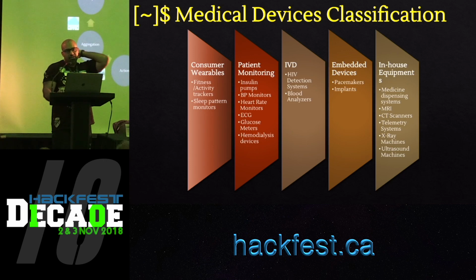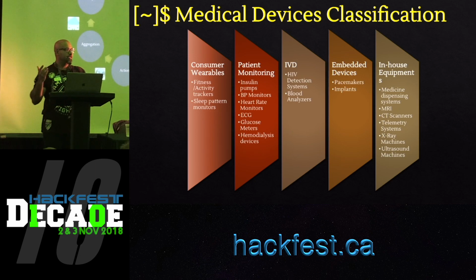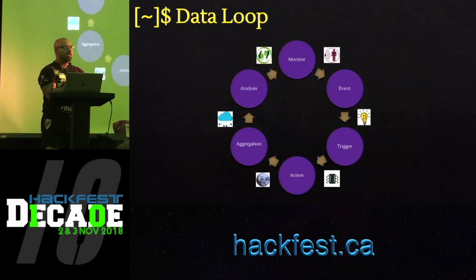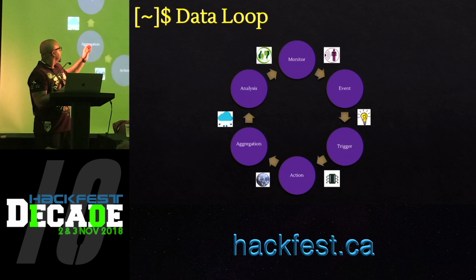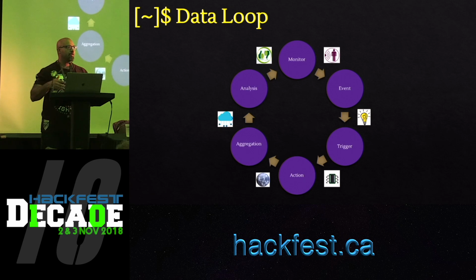So this is what the data loop of a typical connected medical device looks like. The device in itself is in constant monitoring mode using a sensor. And then in case it detects an event, it creates a trigger using the onboard chip, which takes an action. And then the data is aggregated and analyzed. And I think that the part where the data is aggregated and analyzed is going to be the key for connected medical devices, because that data can then be used by device manufacturers, medical practitioners to provide a better experience